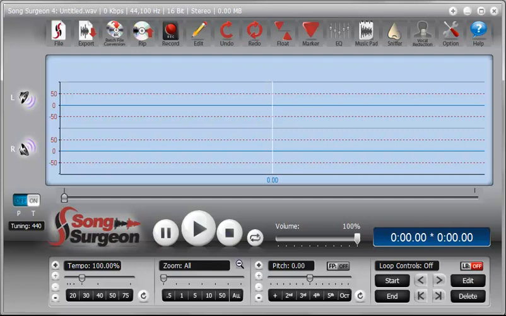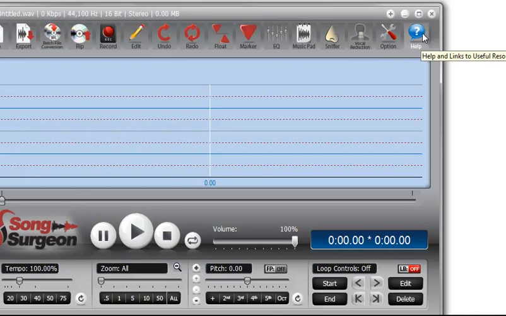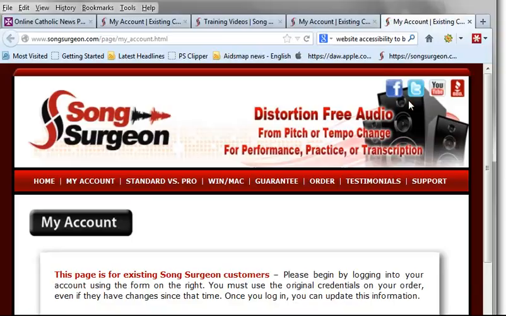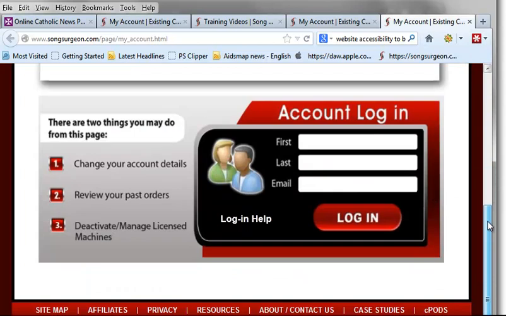Well, before you can activate it on that new machine, what you need to do is deactivate it on an old machine. If you go back to the Help button again, you have an option here for deactivating the computer. You select that. It opens a page on our website, and right here you log into your account, again using exactly the same information you used when you purchased: first name, last name, email address. Let me do this with you. We click Login,